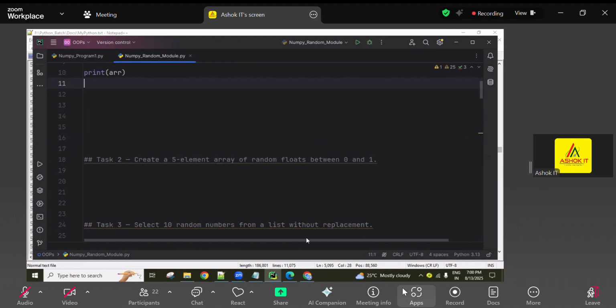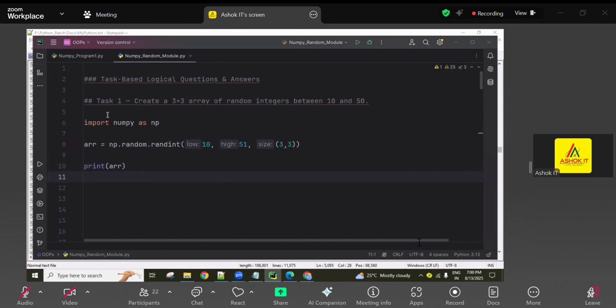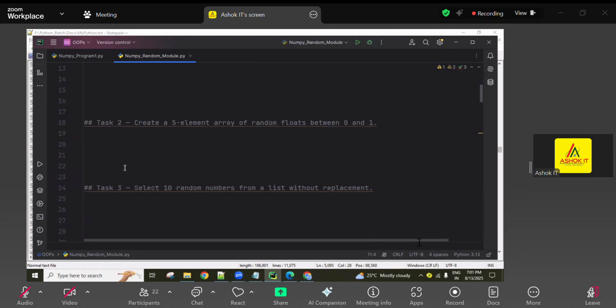First focus on what they are asking. Related to that, you have to write the code. Okay, I'm commenting this out. And next question,